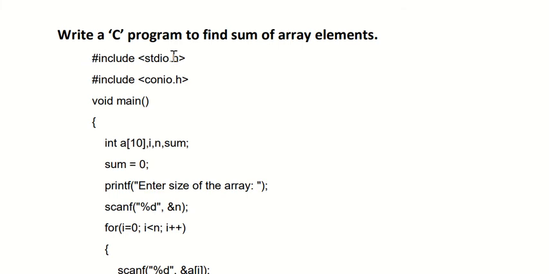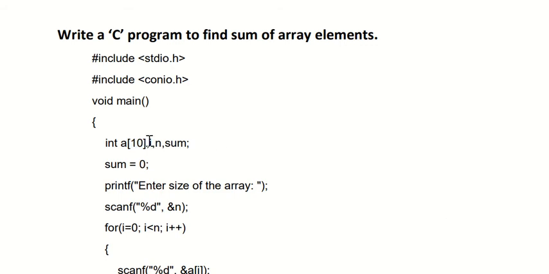So first thing is #include <stdio.h>, #include <conio.h>, and then void main function and open the bracket. Now here we have declared 3-4 variables. The first thing is int a[10]. If you don't know the meaning of a and then bracket 10, please refer to my previous video, which is the basic example using array. In that I have already explained what an array variable is and how to use it. So here int a, and the bracket indicates the size of the array. So size is 10.